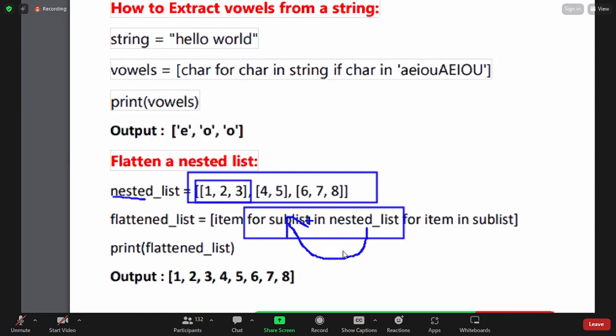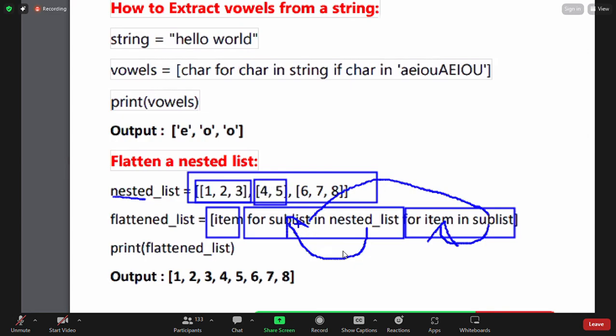So this sublist 1, 2, 3 comes again to here. This is a nested list. So for item in sublist, for this sublist, each item we are getting. Now this item value is added into the list. So it means 1 is added, next 2 is added, 3 is added, then the next sublist, the outer loop executes another sublist, 4,